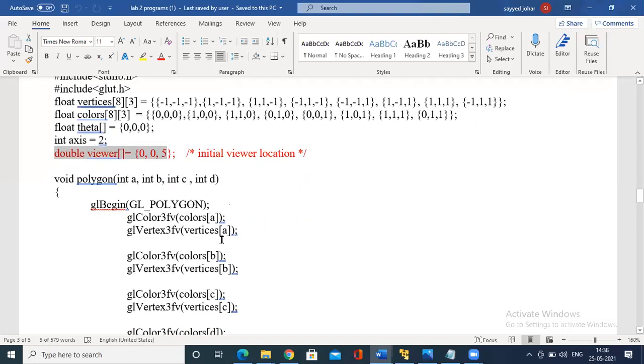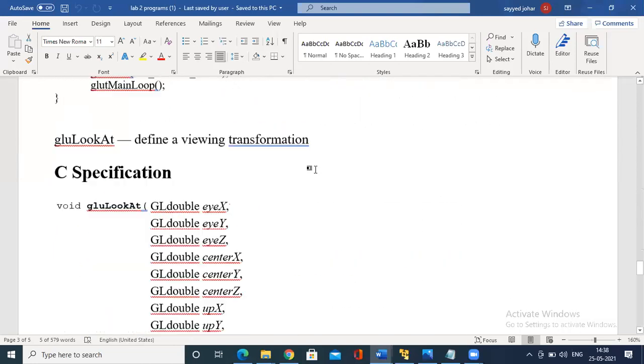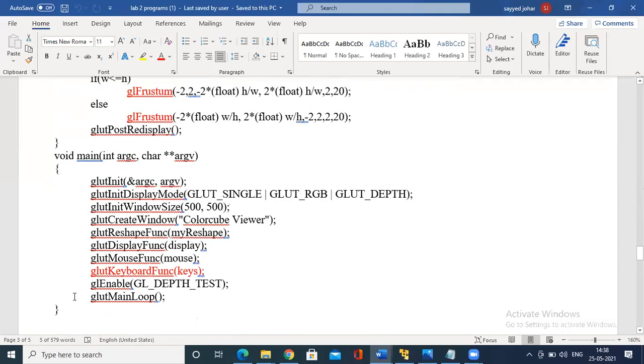Next, let me go to the display function. The display function is the same, calling the two arguments with single buffer or double buffer. If you use a double buffer, you have to use swap buffers in the display function after the glFlush function. This program supports single buffer because there is no continuous animation, no continuous rotation as such. Only on a single click are you going to rotate it, but it is your preference.